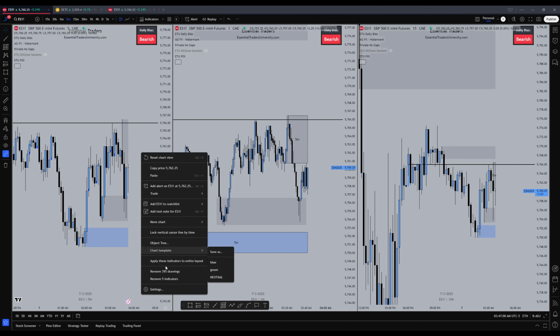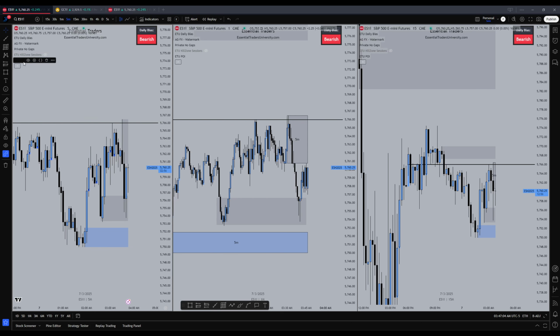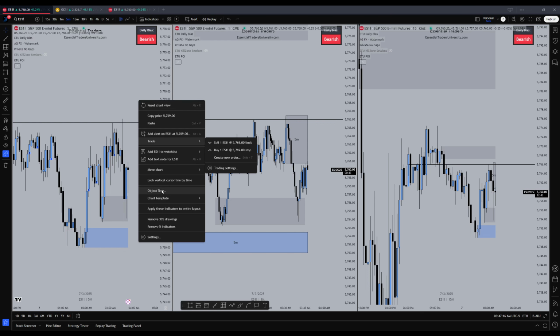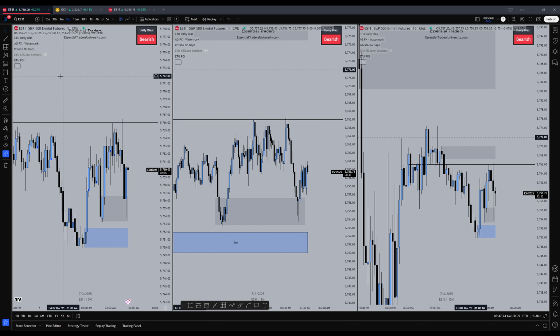But yeah, you want to essentially find the chart that has all the indicators you're going to use. I mainly use my 4 indicators now: daily bias, kill zone, POI. And I have one more that I don't use as much, so I don't have that on my chart here. I don't want to have too much clutter, right? And what you do is you right click and click apply these indicators to entire layout. What this does is essentially sync your indicators to all 3 charts that you have in your layout currently